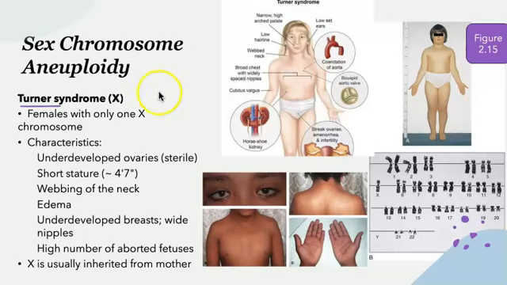So their characteristics or clinical features are going to be underdeveloped ovaries, meaning that it can lead to sterility, having a shorter stature, around 4'7", webbing of the neck, which you can see illustrated over here. Also edema, underdeveloped breasts and wide set nipples, and a high number of aborted fetuses. And these are some features in another patient here, where over here what we see